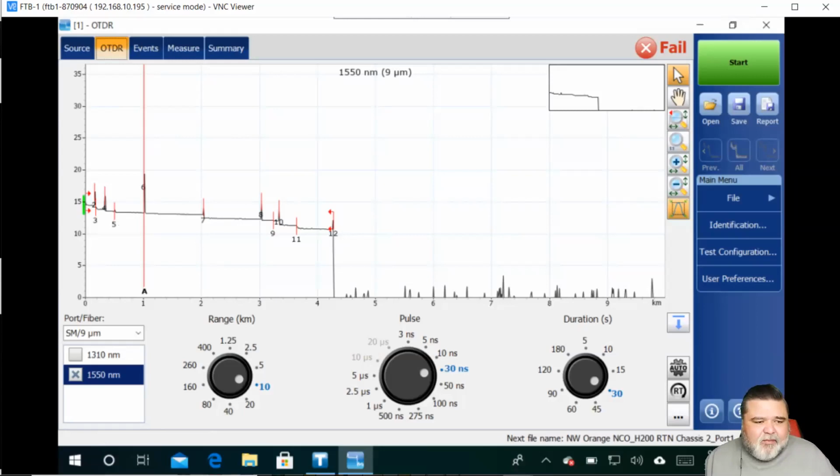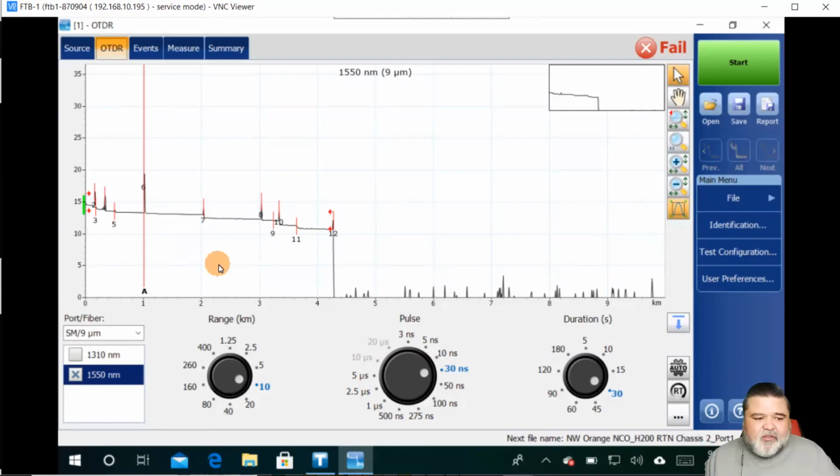And somebody mentioned that I said higher reflection for APC. What I meant to say was lower reflection. And so with APC connectors, you have negative 60 dB or better. And so obviously it's a negative value, so it's a reverse. Sometimes I'll say higher because I'm thinking higher number. So you have to apologize for that. But certainly